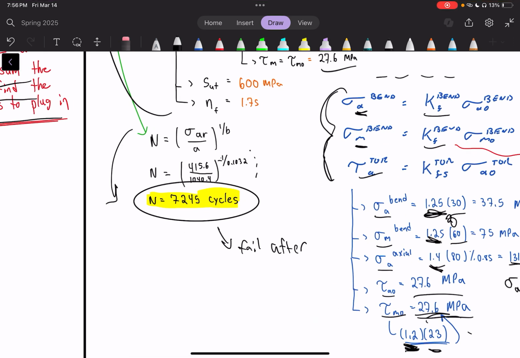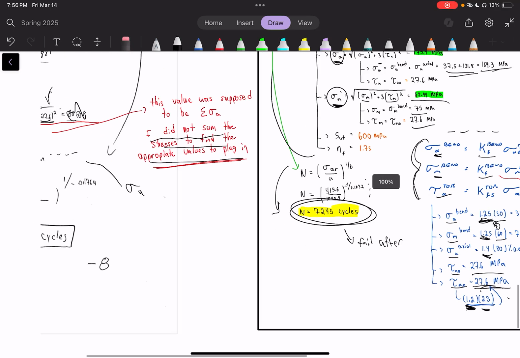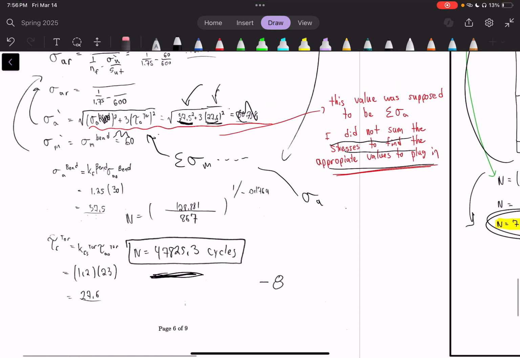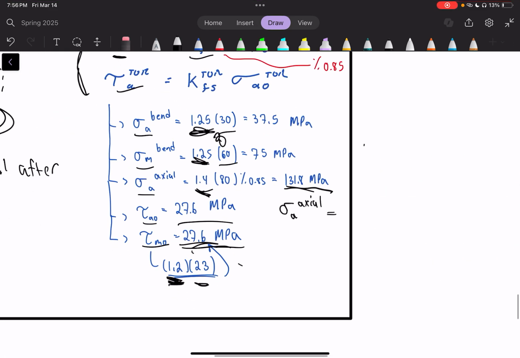And we get an N of 7,245 cycles, and it will fail after, or yield or fail after that. So same deal, I did not sum these mean values here. So I did not find them individually as I did down here, so there should be like